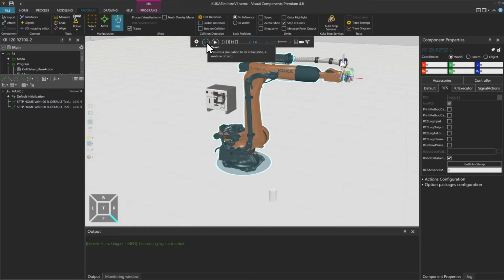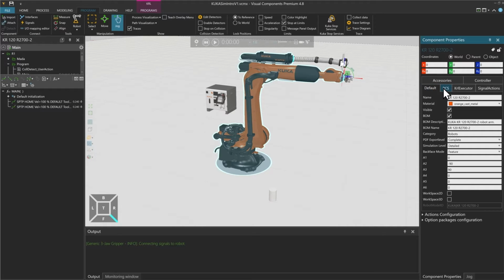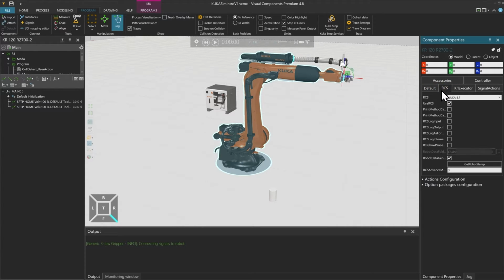So let me reset the simulation. And I'm going to select another tab, for example the default tab, and go back to the RCS tab to showcase one thing. Now here in the robot data folder, there is a path written. I can have a look at this path.